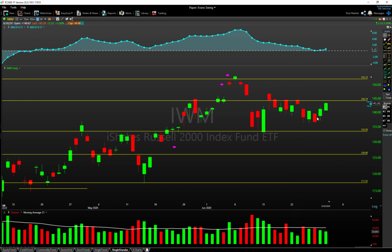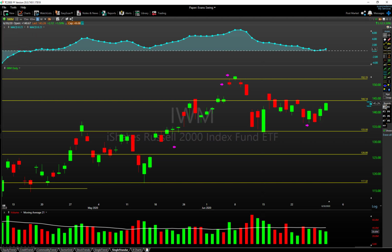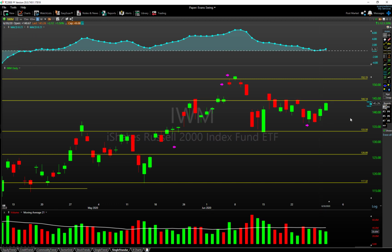Notice the fact this put in maybe a slightly higher low here versus the low that we saw back here on the 15th of June. You can see that we did not come all the way back down, but we put in a minor higher low there, and we're trying to work ourselves back up into this range. We filled this gap, and getting back over 144,